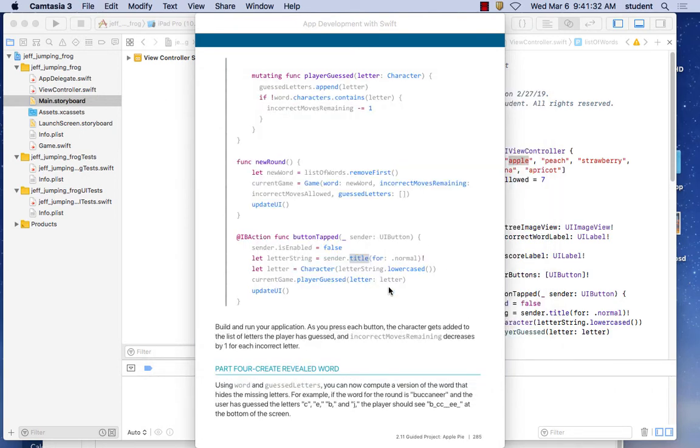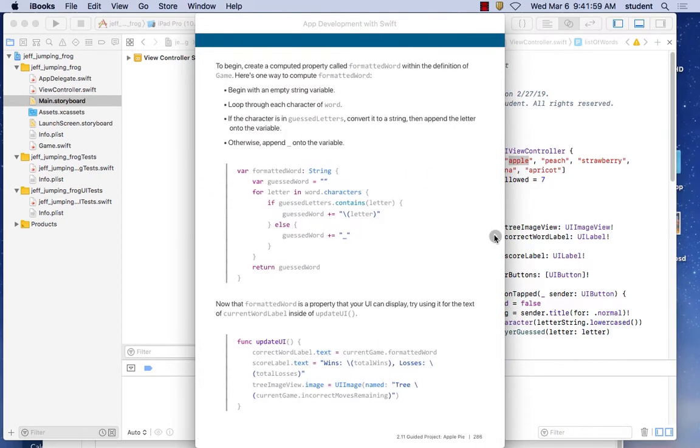Again, where we left off was this code here. Again, mostly you'll see it. You've got incorrect moves, you have your character, and so on. Using the word and guessed letters, you can now compute a version of the word that hides the missing letters. For example, if the word for the round is Buccaneer, and the user has guessed the letters C, E, B, J, and the player sees B, C, C, E, E at the bottom of the screen,